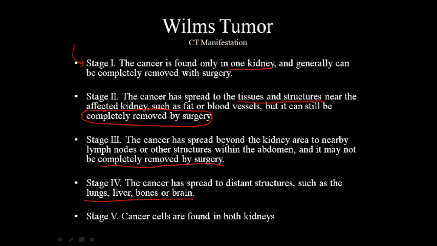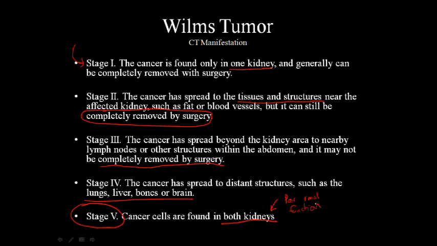Stage 5, cancer cells are found in both kidneys. So stage 5 is a very poor prognosis because you have abnormalities in both kidneys. And as we know, we actually have to have at least one kidney in the body to maintain functionality. And so you're going to be presented with poor renal function, and things like that. But it really makes you wonder in a child how many patients actually reach stage 5,